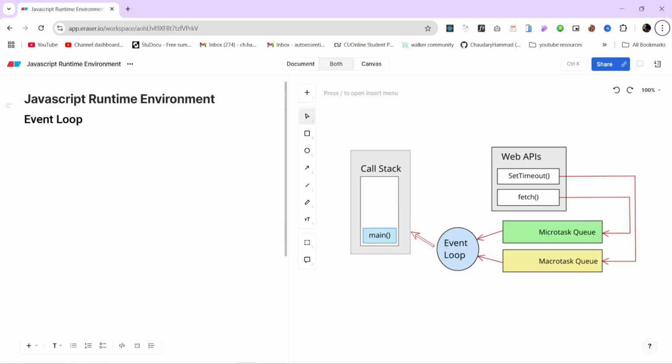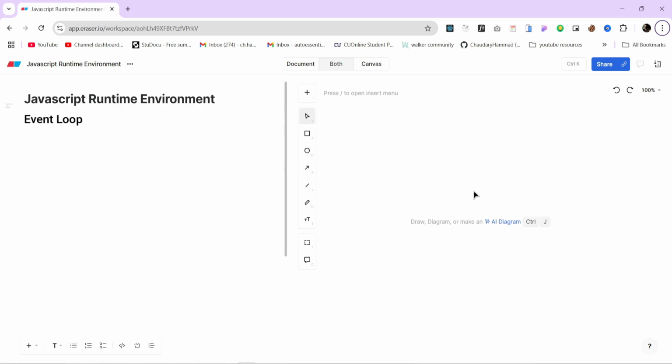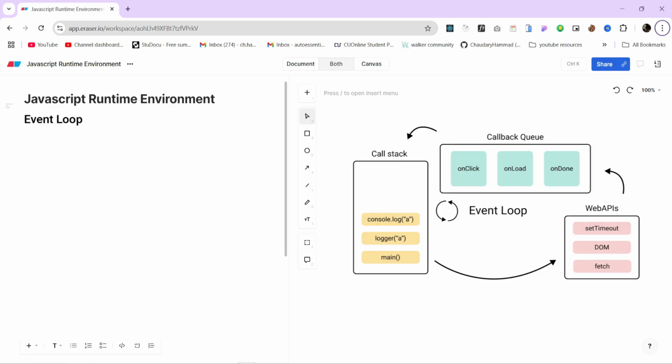We have callback queue and microtask queue. Both of these queues are the part of event loop. We know that event loop is used to handle asynchronous operations that prevents the blocking of main thread. So we can say that there are mainly the three different components of JavaScript runtime environment. These are JavaScript engine, web APIs, and event loop.